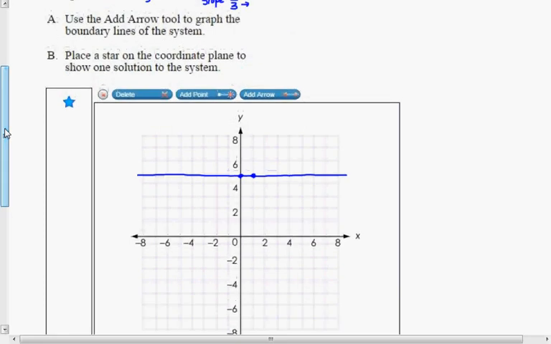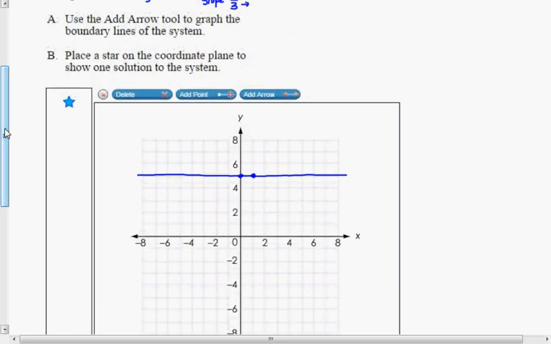Use the add arrow tool to graph the boundary lines of the system. All right, so the add point button and the add arrow, you should definitely go in here and work with this. I should too. But there's the first line, and I know my shading for that is above. The other line has a y-intercept of 3 and a slope of 2/3 up to. And so you graph those 2 points, and I think the line will automatically get drawn. Maybe not. Go and test it. So here we have